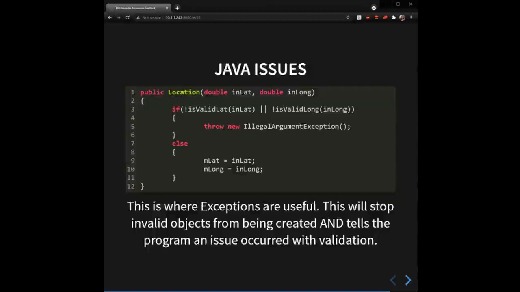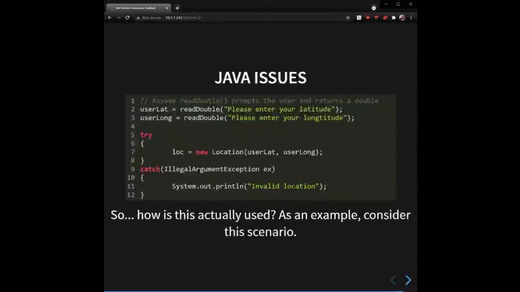So anytime you throw an exception, that stops the execution where it is, right? So we're not going to create a new location class object here, right? So if we check how this is actually used, this is again kind of a simple example. It's not exactly what you would have seen in your assignment, right? We're not just typing in latitude and longitude and creating a location object from that. We had file IO. But for demonstration purposes, just for this bit of feedback, let's have a look at this